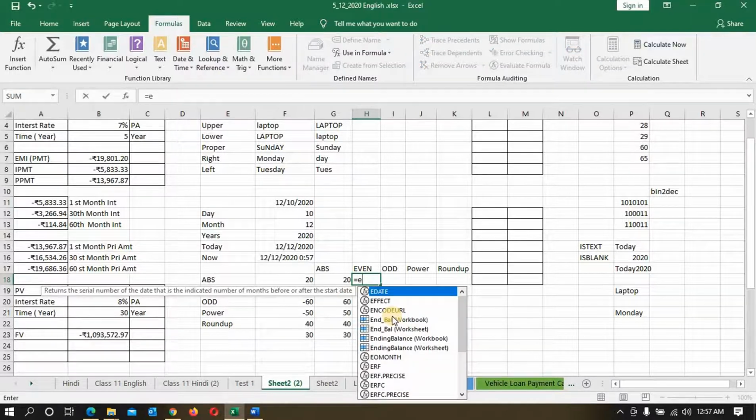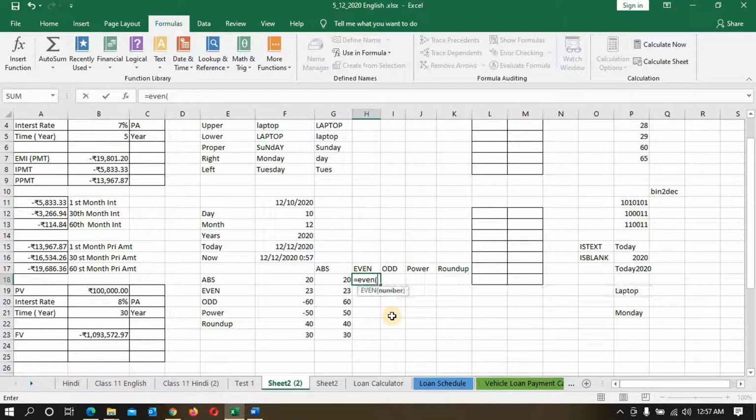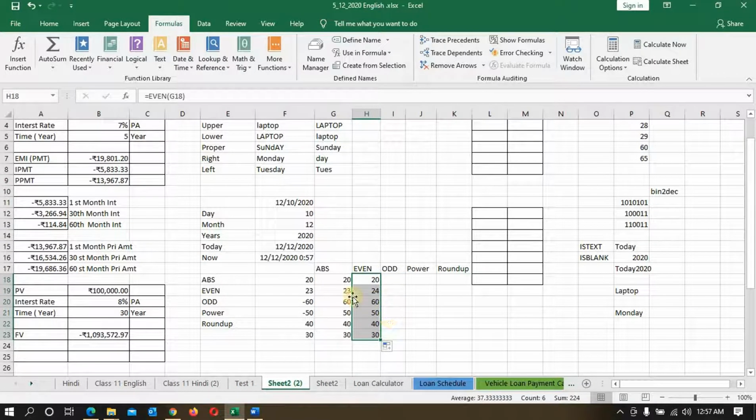Then we'll find even number and odd number. If you click in this, it's easy. You just put one formula and drag. If you have many numbers, it will give you all the count or whatever you want to do. So it will give you all the even values basically. Suppose you have some odd number, it will give you the next value of that. So here we have 23, and if you want even for that, it will give us 24.